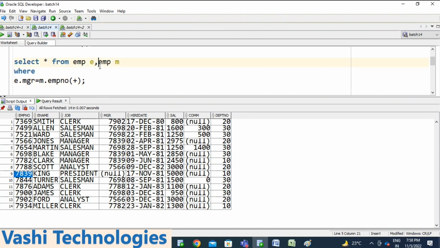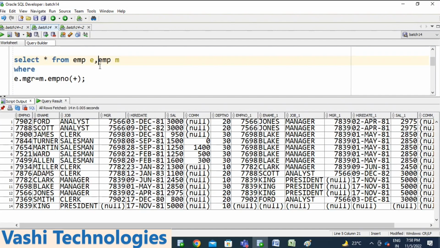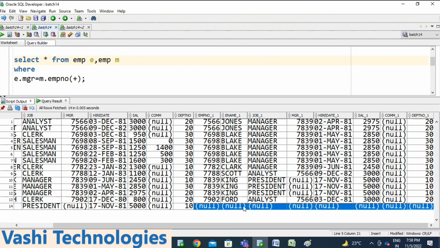So if the employee has a manager, display that particular manager information. If the employee does not have a manager, display a null value for that. The king does not have the manager information.